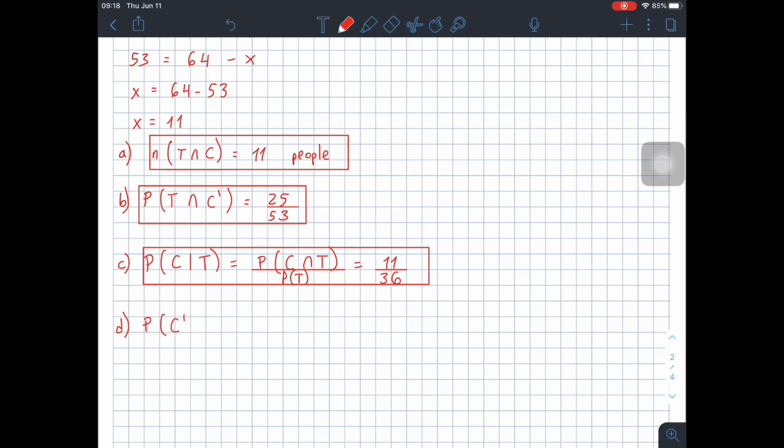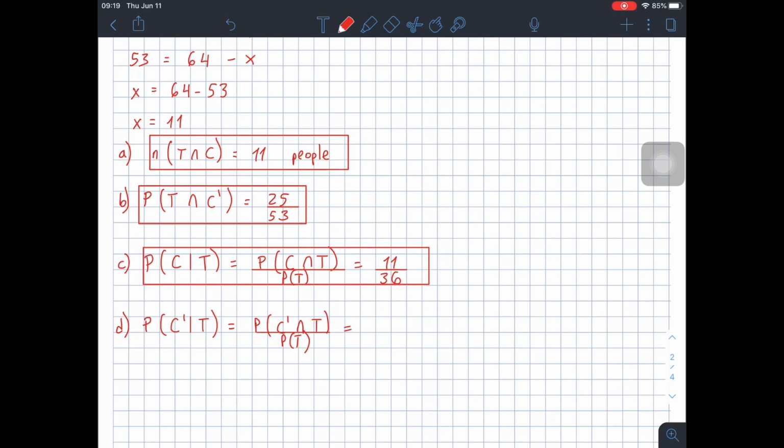So C prime, given that T. So it's the same reasoning. It's the probability of not C and T divided by the probability of T. And if you look at the previous exercise we did, part B, we already found the probability of T intersection not C. So this would be equal to